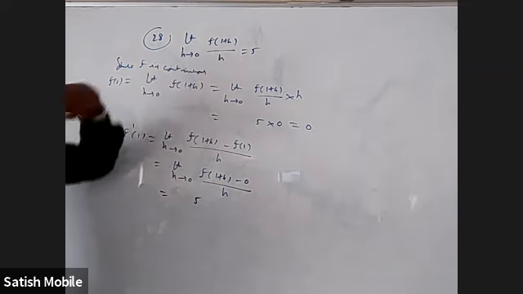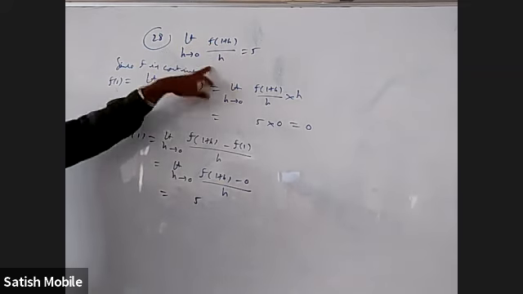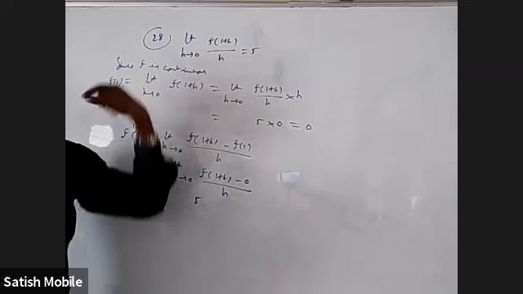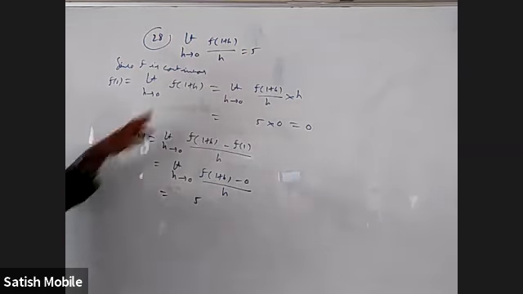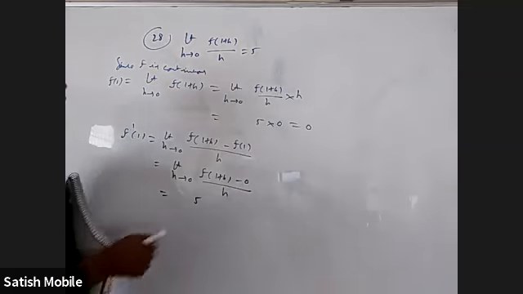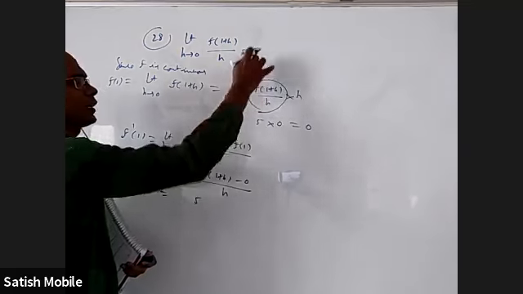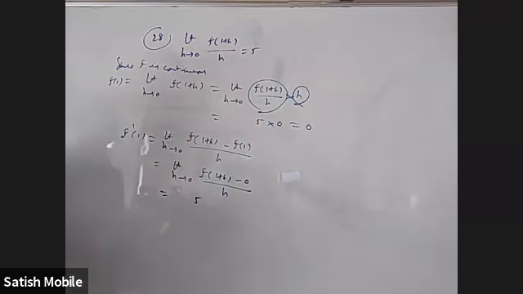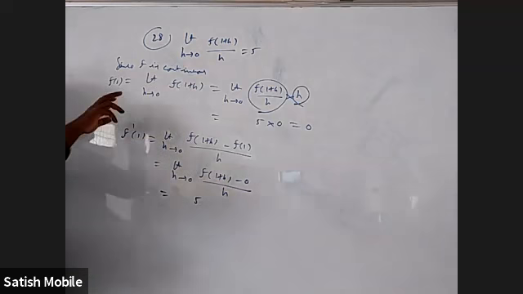How is it 0? Yesterday also I gave two explanations. If denominator is 0 and numerator is not 0, the answer will be infinite. If not finite, numerator should be tending to 0. Same thing, another way to write is, I started with this, divide with h, multiply with h. This total is approaching 5, we know that, and this is becoming 0, and 5 into 0 becomes 0. That's it. Okay, so I know that f of 1 is 0. I have done all this just to write f of 1 is 0.